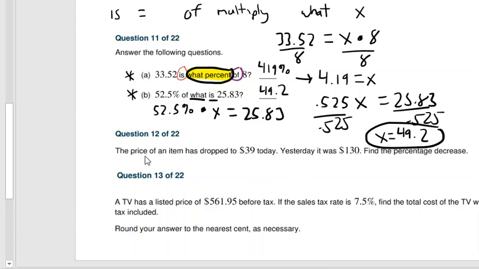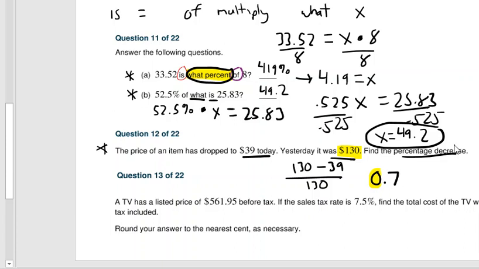Okay, on the next one, a price of an item has dropped to $39 today. Yesterday it was $130. Find the percentage decrease. So remember from these, you want to subtract the yesterday price and the today price. So you're going to take 130 and subtract 39, and then divide by the original price or the starting price. And since yesterday is before today, the starting price is 130. So when you take 130 minus 39, you get 91. And then when you take 91 divided by 130, you get